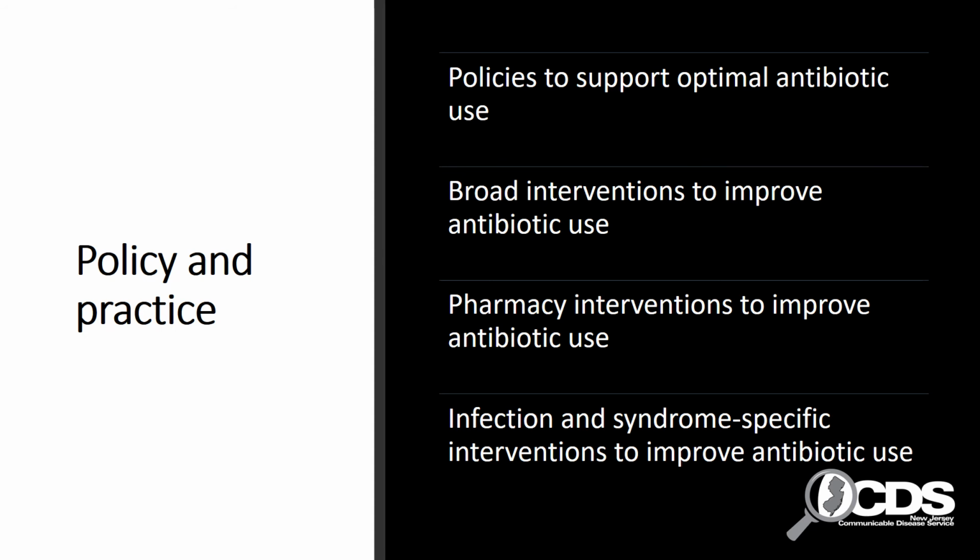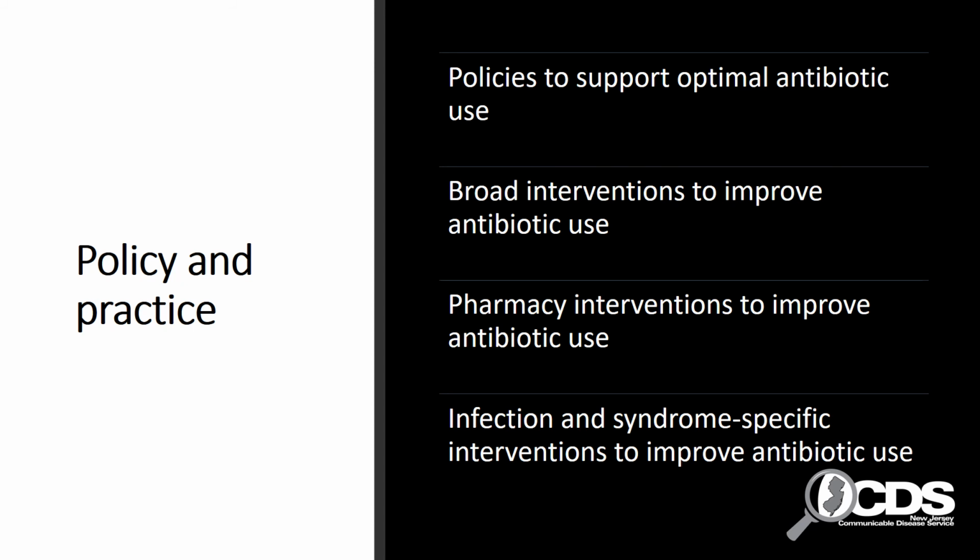Nursing homes should implement policies and change practices to improve antibiotic use. These policies should be phased in over time to avoid the staff becoming overwhelmed with multiple changes all at once. Some examples of policy and practice changes may include policies to support optimal antibiotic use, ensuring that current medication safety policies address Centers for Medicare and Medicaid Services regulations,